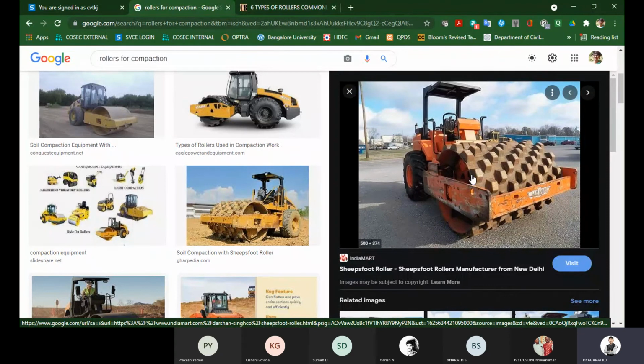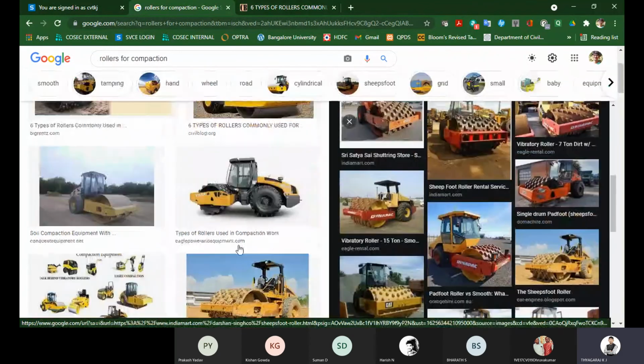Since we know that clay soils have high compressive strength in dry condition, when in contact with water it becomes soft. So in the presence of water, when we are compacting, it should form a thick layer without any voids. For that we will be using these sheep foot rollers.